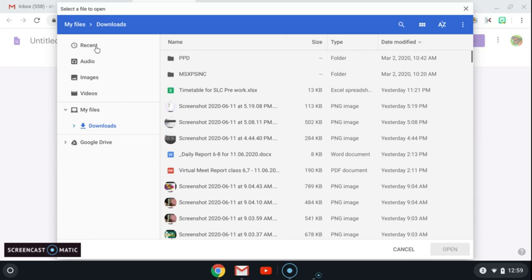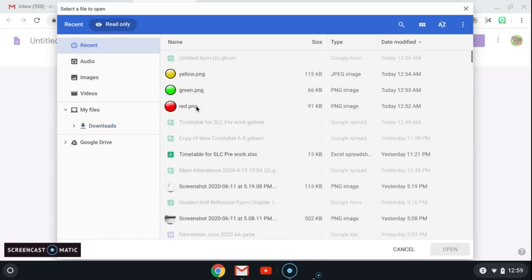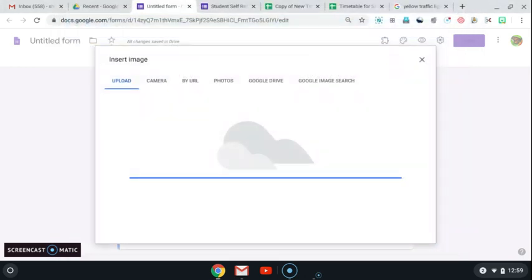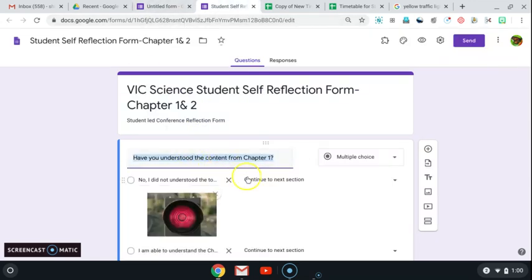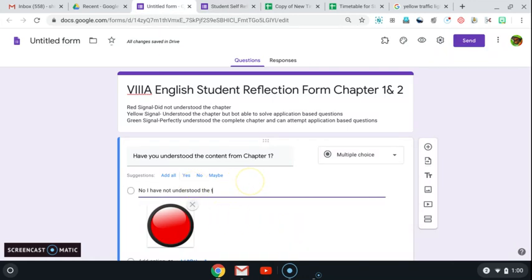So first I will take a red signal. Okay. Now, what is the meaning of this red signal? So, for example, if I'm talking about English, in English there are two chapters. One is a poem and one is a passage. So my red signal simply specifies that no, I have not understood the topics